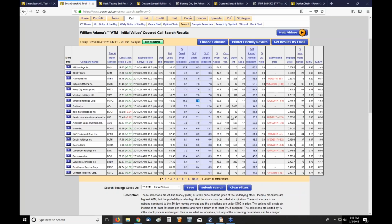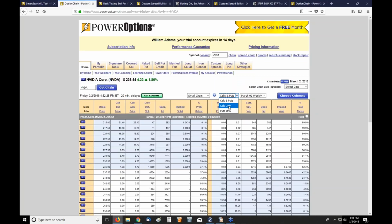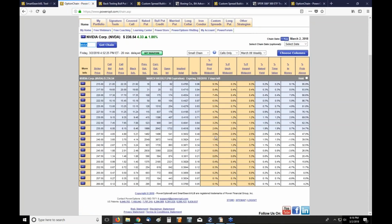But that's how you get the best downside protection and the best return if assigned as well. NVIDIA's, well, they're all profitable. You say, what would the numbers look like on NVIDIA? Very quick, I can just go to the call chain. For 1 month out, for 2 months out, and these aren't trades that I would make, but look, going